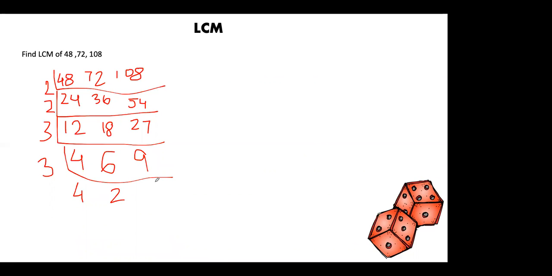And 3 2s are 6. In LCM we can do that. In HCF you cannot take here; till here only HCF will be there. All 3 should be divisible in HCF. So ma'am, after that it was written 2 over here. Then you will take 2 now. Again I'm taking 2. So 2 2s are 4. 2 1s are 2. And 3 is not divisible by 2. So I'll write 3 as it is.